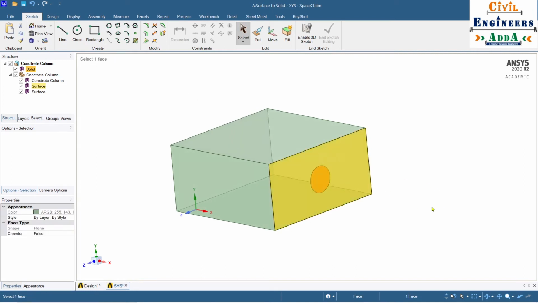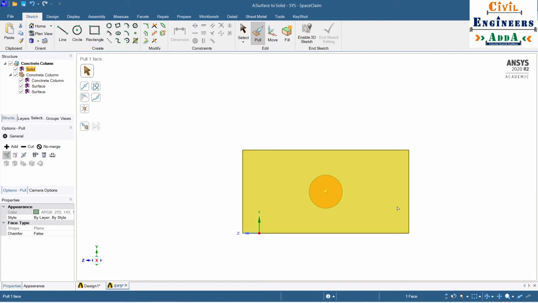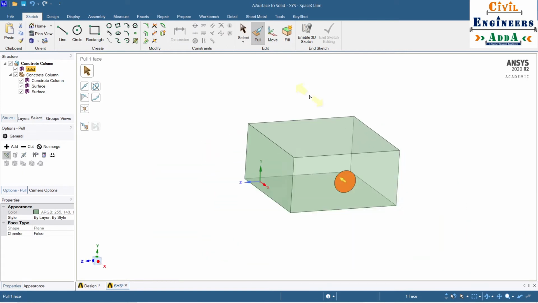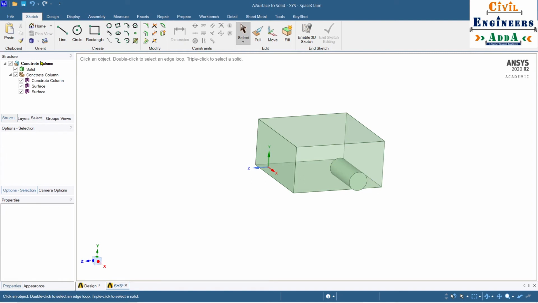See here, one more thing. Now I'm selecting this circle here. I want to create a solid bar projecting outside. So I'm going to hit a plan view here, then go to the pull command, then let me have a little bit of isometric view, so it will be convenient to pull. How much you want to pull depends on your requirement. I am just going with a random value of 100 mm. Escape. Yes, the solid has been created. Just here, my dear friends, the solid has been created.